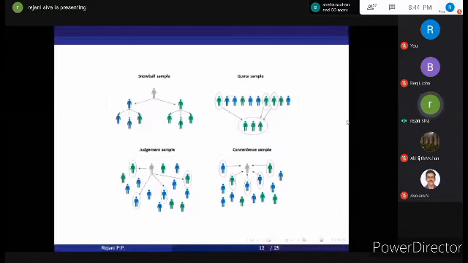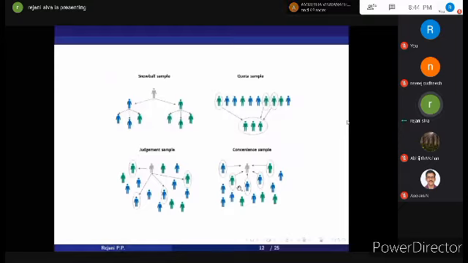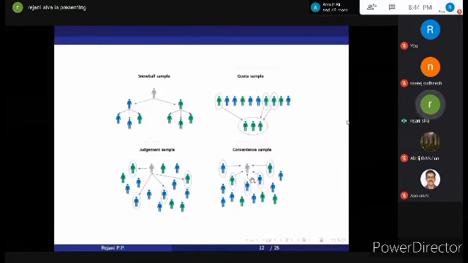In a hospital setting, most of the studies are conducted based on convenience sampling, because if you are planning to conduct a study about a particular disease, you may not go outside the hospital for data collection. Plenty of cases are available in our tertiary care hospital. So convenience sampling is the most common method in our hospital setting.